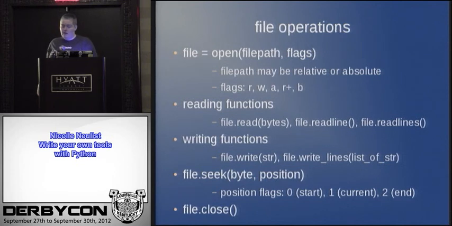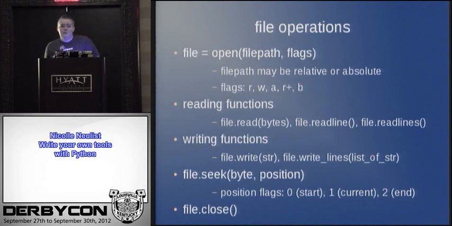You've just got to be careful that you're not trying to pull an 8 gigabyte file with readlines when you only have 4 gigs of RAM. That's probably going to cause some problems. But other than potential memory problems, readlines can be great when you're just iterating through a text file line by line. File writing functions, you have file.write, and that will add whatever string you have as the argument to file write into your file. Or file writelines. It's the writing corollary of readlines. You give it a list. Each item of the list is going to be a line in your file.